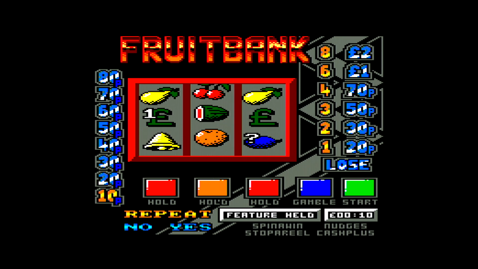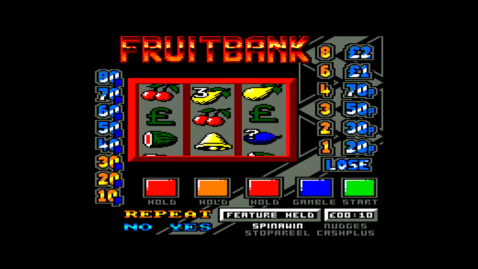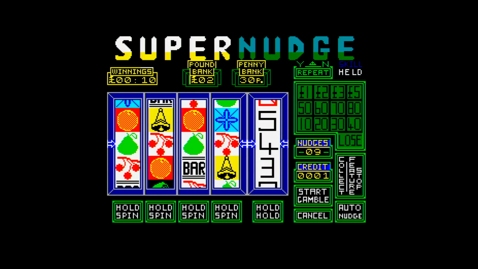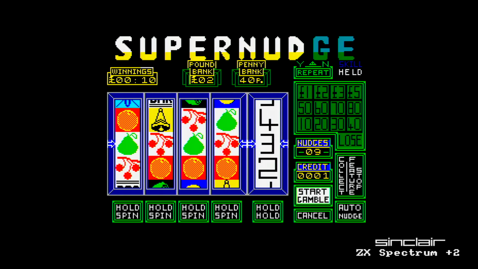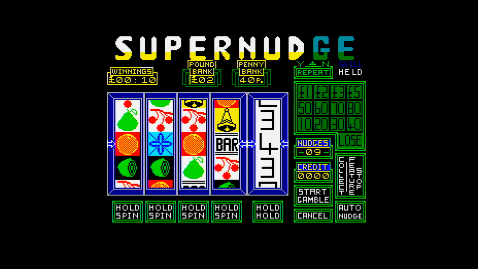Oh, what's it going to be next? It's going to be some kind of fruit. It's an orange. Hooray. Oh, look, we've got some game now. Spinner win. What's spinner win? Who knows? Who cares? Oh, are they all going to turn to pounds? They're all going to turn to pounds. Hooray. Yeah, we've got 4 reels plus an extra reel on the Spectrum. Didn't even go back to the coders of this game and say, hey, can you make it like the C64 version? It just kind of...